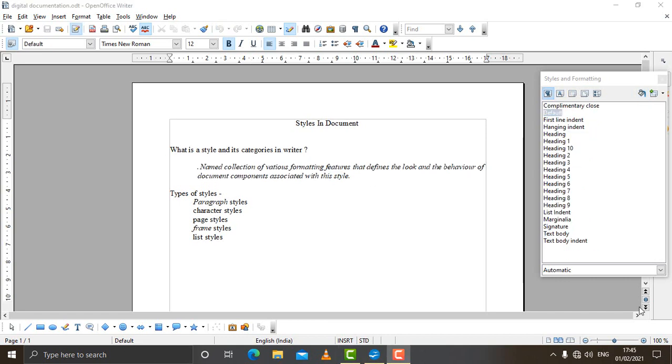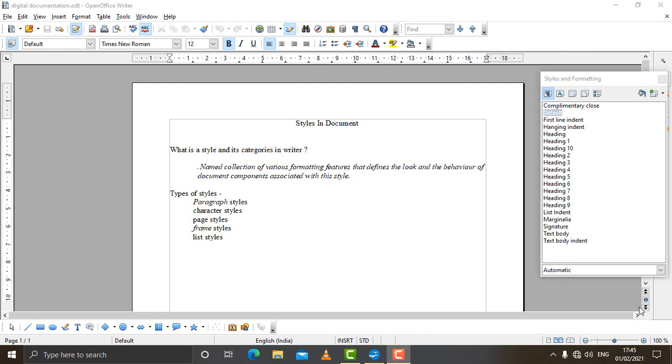The next thing we can do is format a text, apply styles to the text, and save those styles with a name of our own, so that we can apply our own styles to the documents which we are going to create in future.